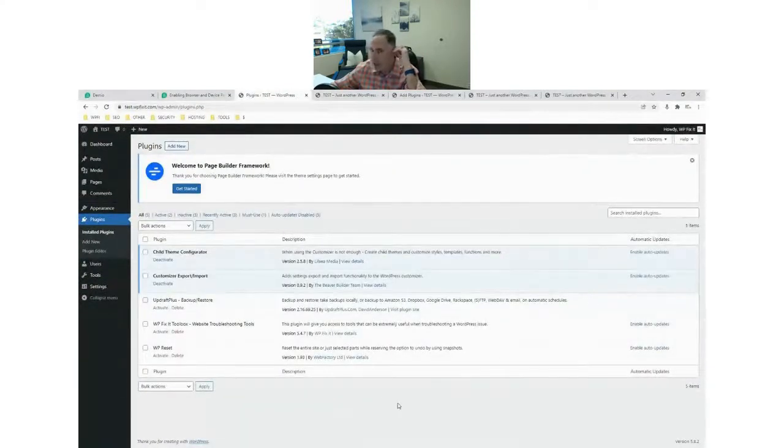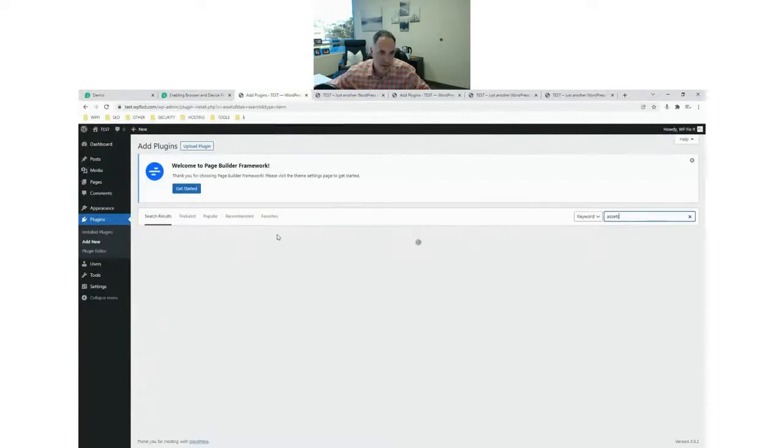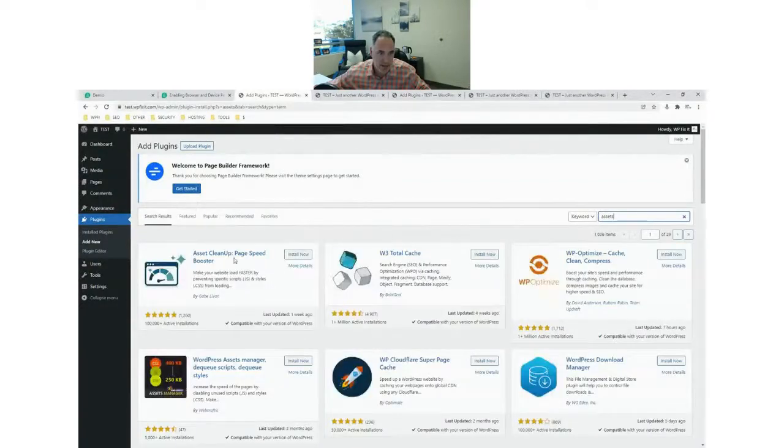There's not a plugin that I can think of off the top of my head. I could do some research. I would think the actual scripting behind that would be very difficult, but there is something that you could use. There is a plugin called Assets Cleanup. And when we activate this,